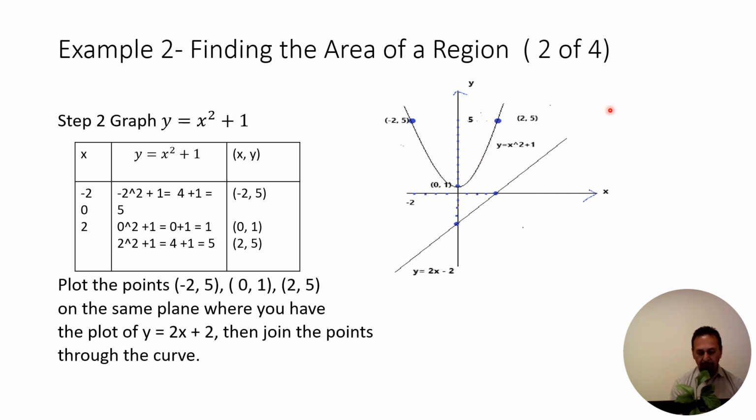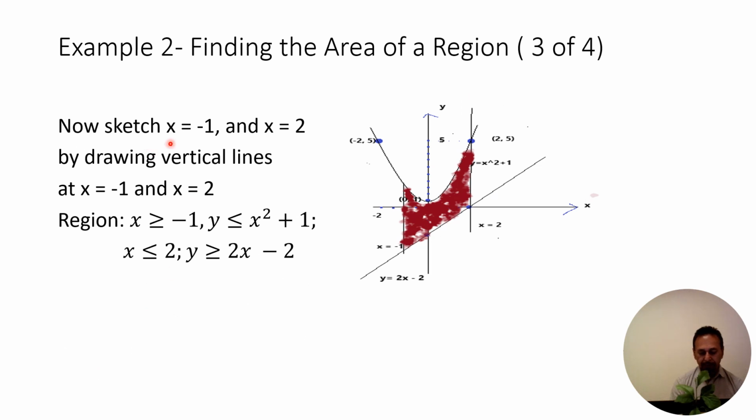So we have a graph of the line and the graph of the quadratic function. Okay, now we sketch x equal to -1, and then x equal to 2, and we shade this region. So now you can see between